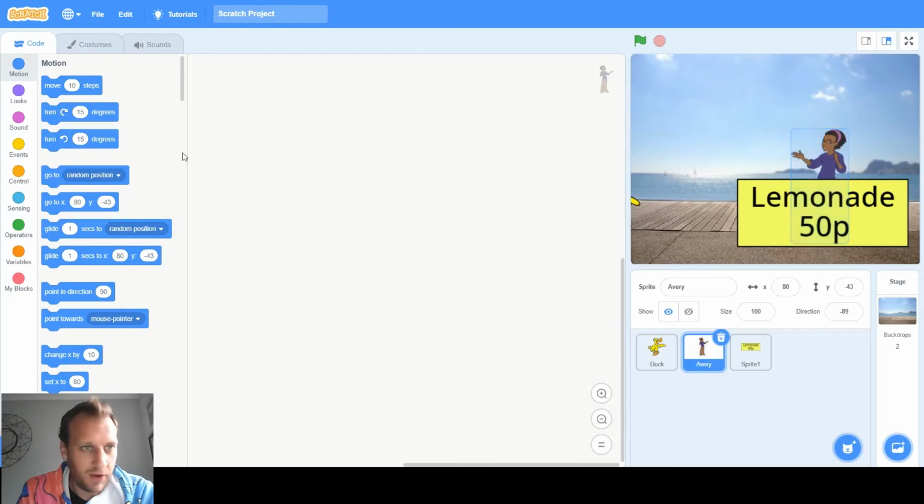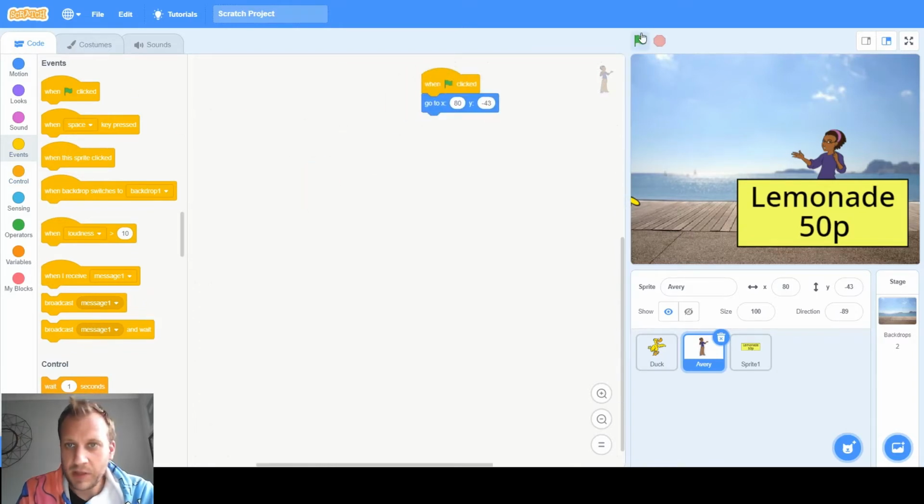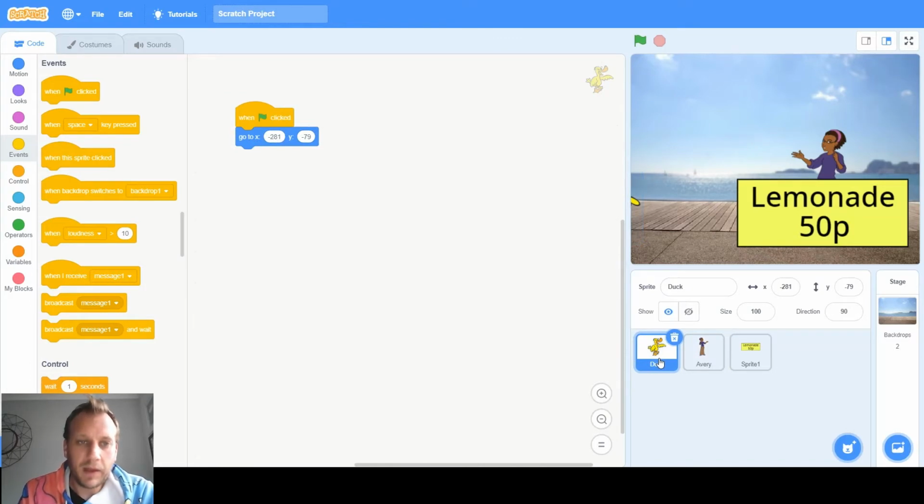And we'll do the same for Avery. So we'll say, can you please go to this XY at the start? Okay, so we start our animation, so they both go to the places that they should start on. Now, I'm then going to get our duck to move a number of steps